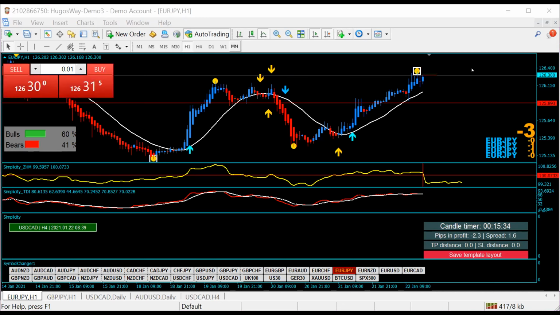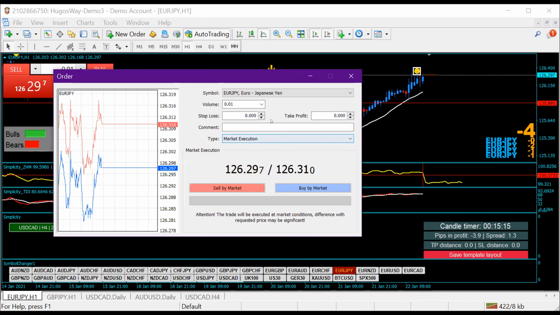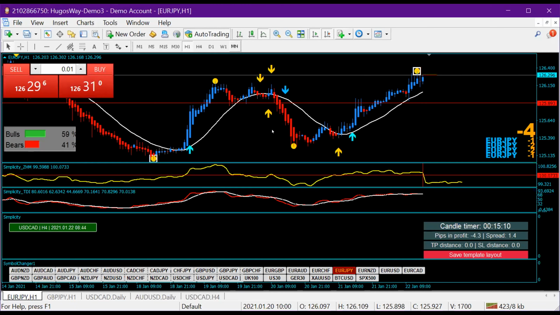Perfect. All right. So that is called one-click trading. And so you may say, well, where do I get to put my stop loss and take profit? Well, you are able to modify a trade once it's active, okay? So doing the new order will allow you to put it in before you take the trade. But if you decided that you wanted to put your information in after, because you used the one-click trading, or even if you didn't, let's say you put in the trade the other way, but then you decided you wanted to adjust your stop loss and take profit,